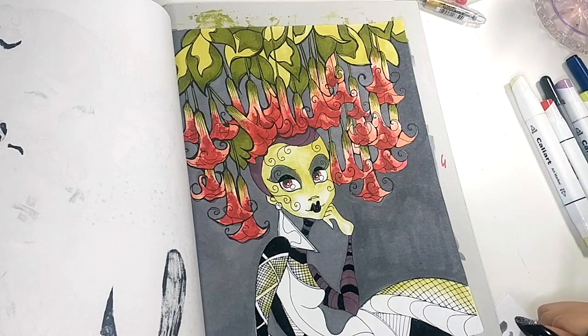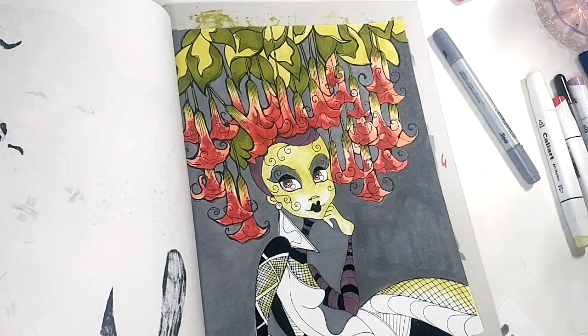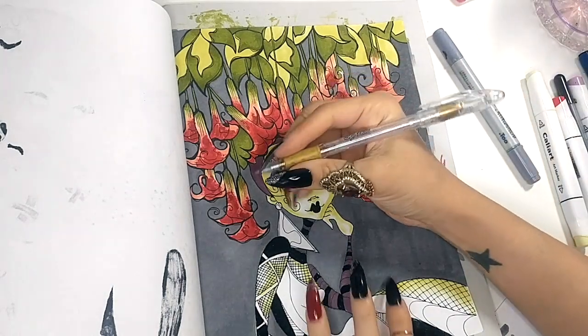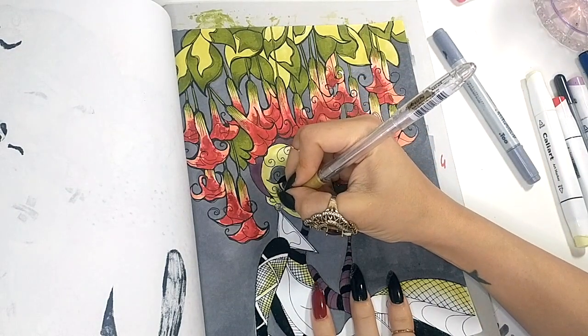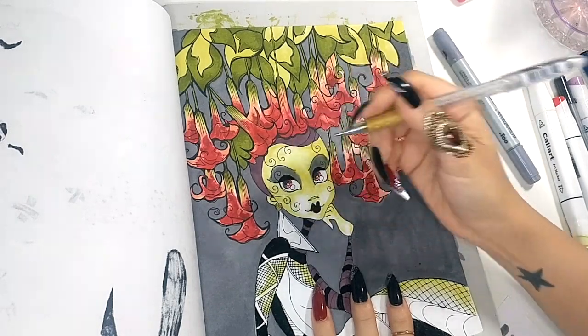Gosh, what else are we going to do with the outfit? I think let's just go in with the gold and start playing with that. Gold glitter is always a good idea, so